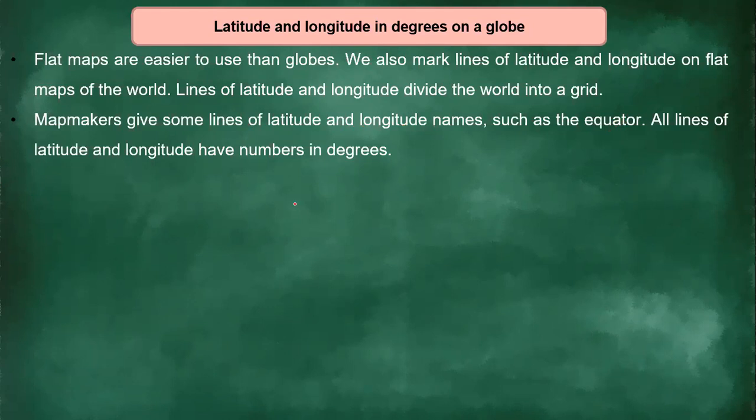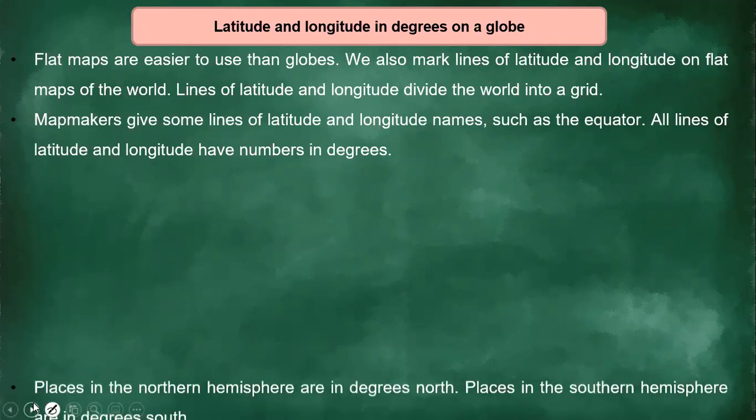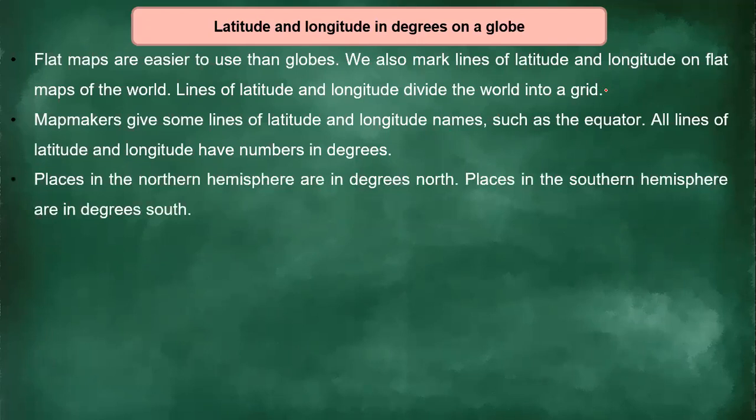Okay, the equator has been given a name. All lines of latitude and longitude have numbers in degrees. So all the lines that you will see on the globe, they all have numbers in degrees, so that you can be able to spot a place. Places in the northern hemisphere are in degrees north. So when we are looking at the northern hemisphere side, we will say, for example, 25